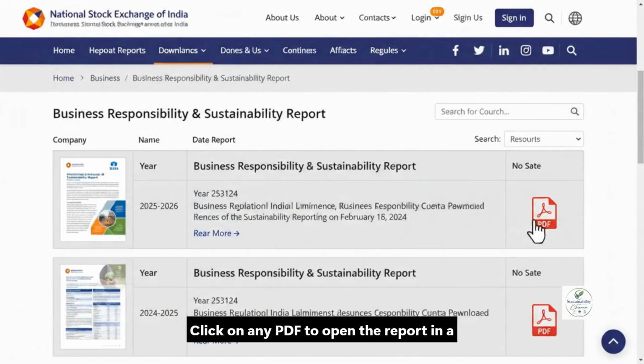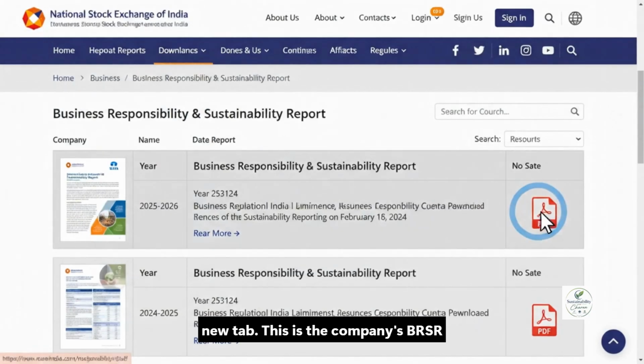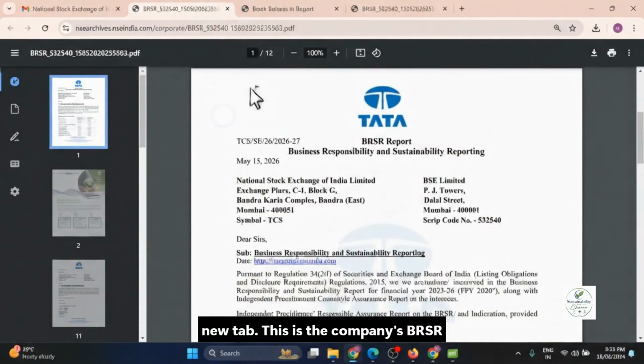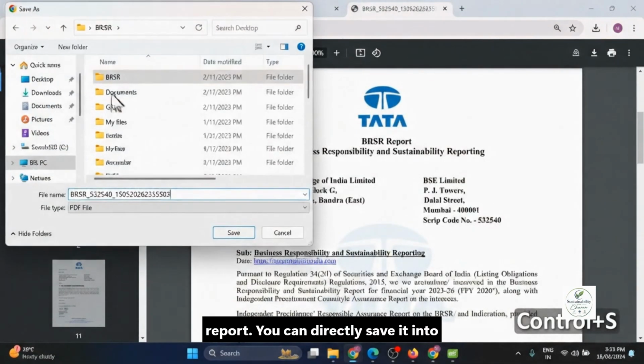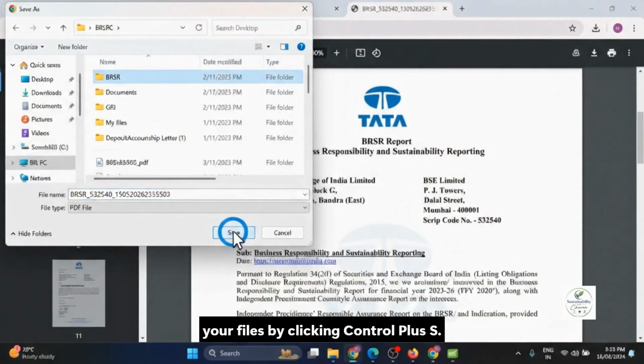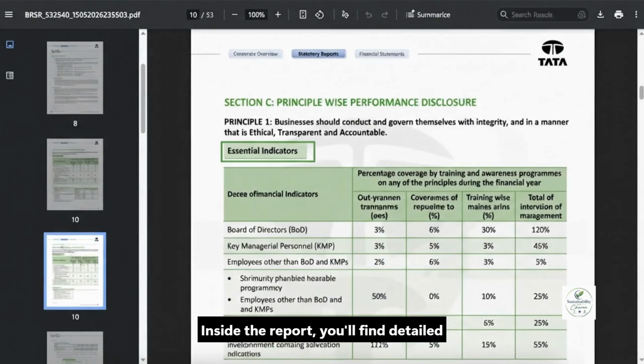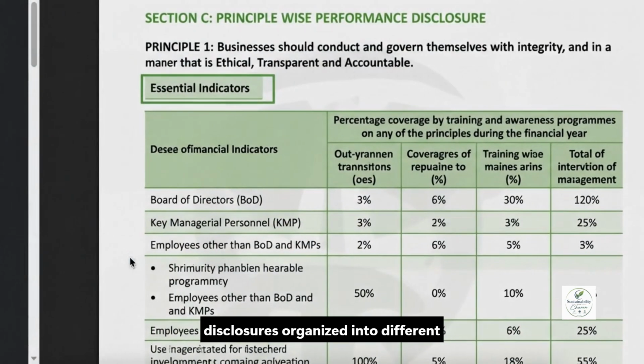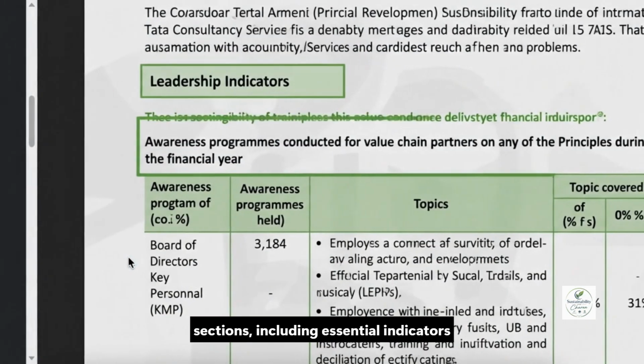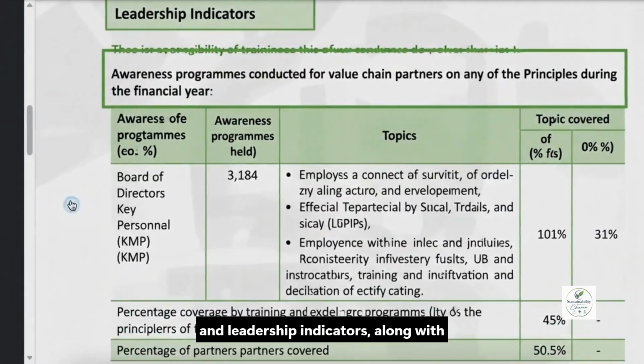Click on any PDF to open the report in a new tab. This is the company's BRSR report. You can directly save it into your files by clicking Ctrl+S. Inside the report, you'll find detailed disclosures organized into different sections, including essential indicators and leadership indicators, along with other